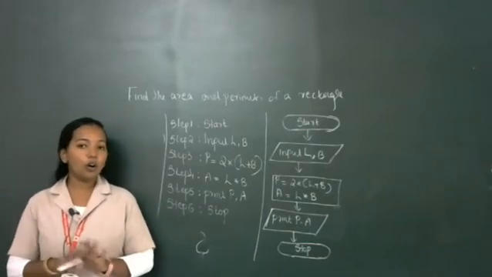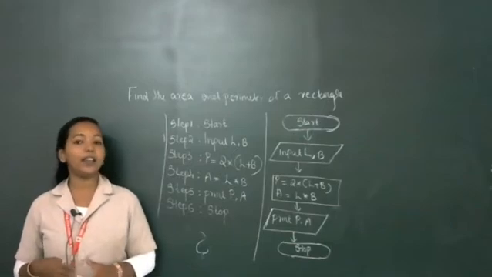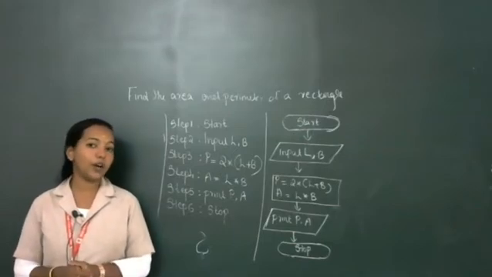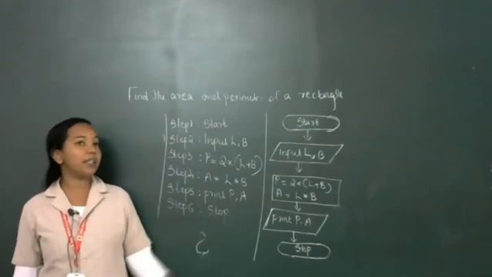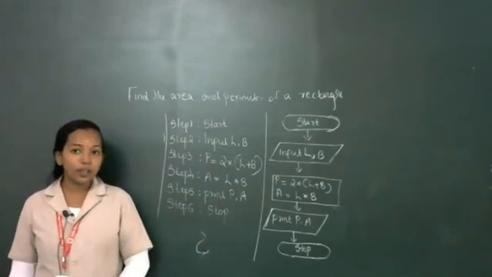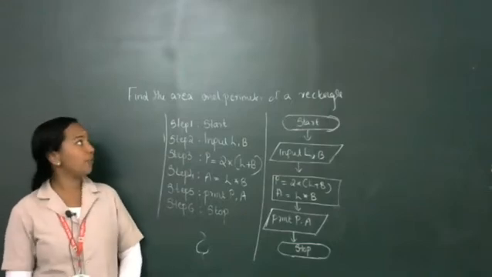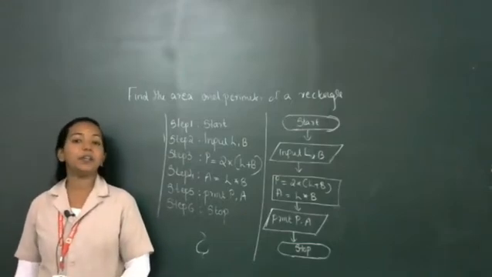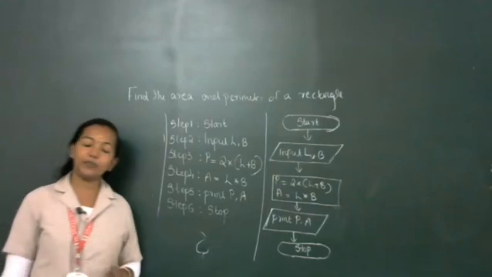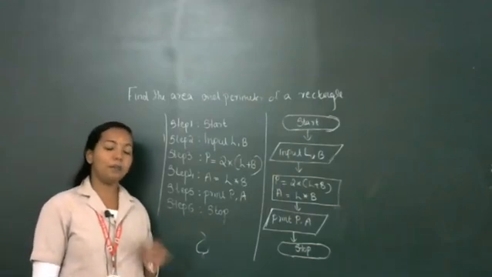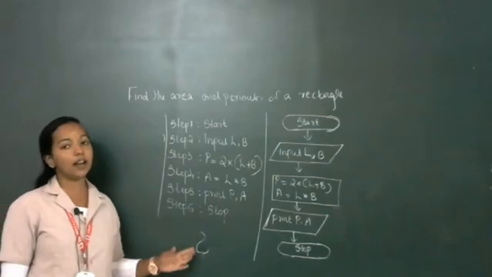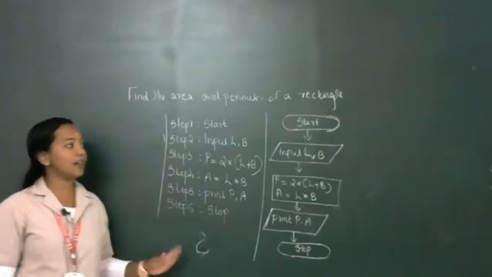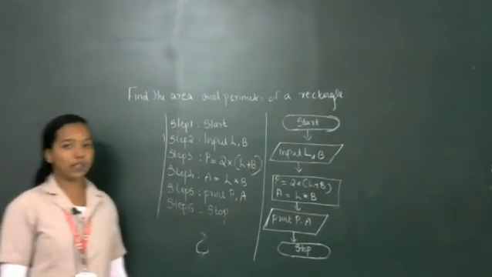Listen, all the algorithms that I am explaining in the video, you want to copy in your notebook, the algorithm and also the flowchart. So what will be the question? Write an algorithm and draw a flowchart to find the area and perimeter of a rectangle. This algorithm and flowchart is in your textbook, but you also want to draw it in your notebook. First write the algorithm and convert that algorithm into a flowchart.